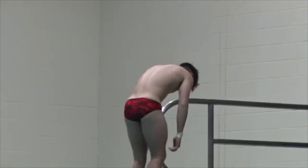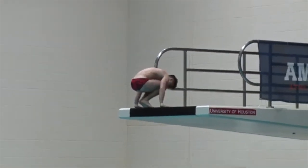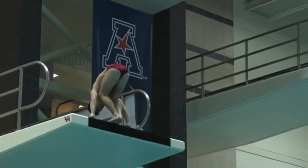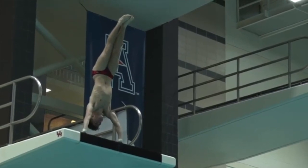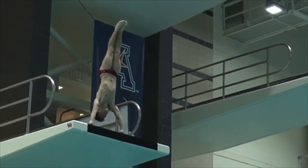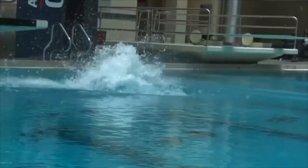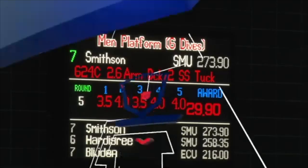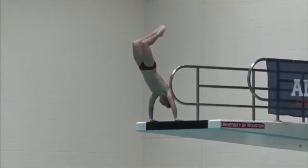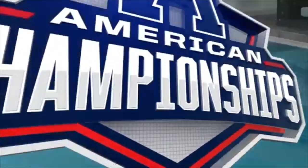All right, Peter Smithson. Smithson has almost outscored Hardigree without this dive. Arm stand backward, 2 somersault tuck, 2.6 from 5 meter. Gorgeous. Man, that is so disappointing after such a solid arm stand. I mean, that is exactly what the judges are looking for out of an arm stand. That really hurts for Peter and opens the door in a huge way for Rodrigo Romero, who's up on 10